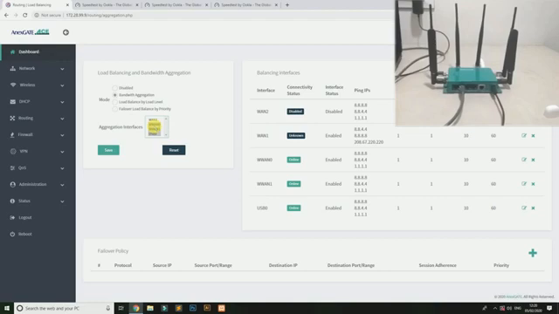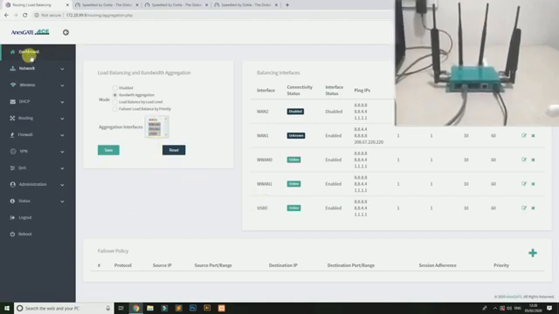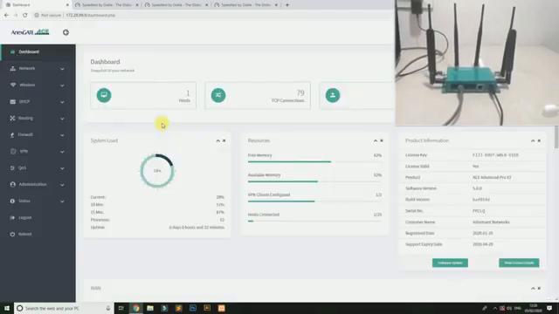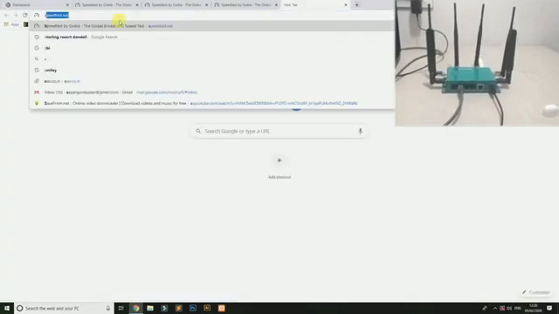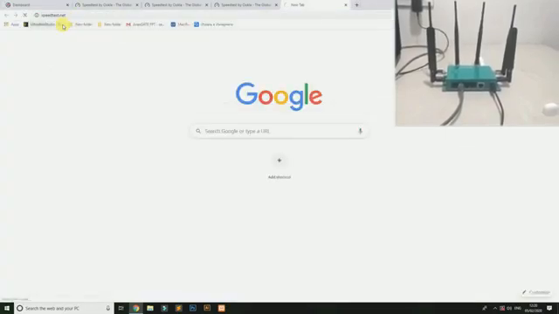In the bandwidth aggregation feature, select all connections in the interface. We do the speed test one last time to prove conclusive results.